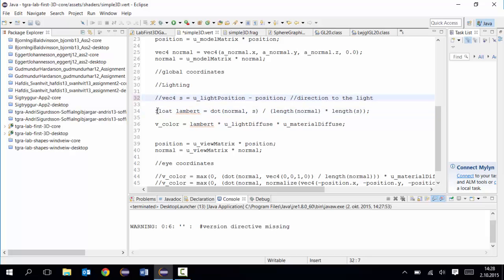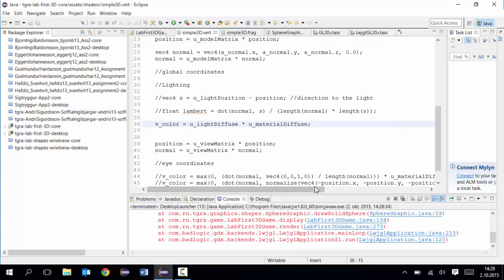I'm going to see if one thing could fix this. Let's take Lambert out here. Take those lines out. No. Light position is now not being used. Okay. There's one thing